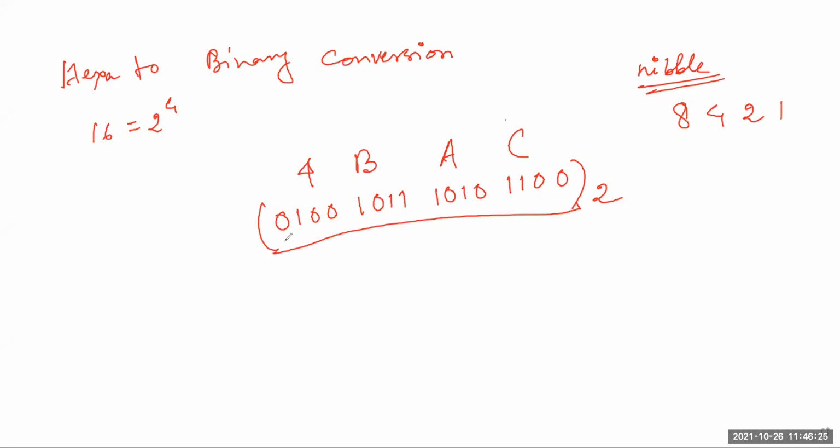Actually, for hexadecimal, you are considering the 4-bit value. So normally 4 is 100. If it is octal, it is okay. But in hexadecimal, you put 0 to consider the 4 bits. That's why I am putting the 0 on the left-hand side. Are you getting it? Hello? Are you getting it or not?